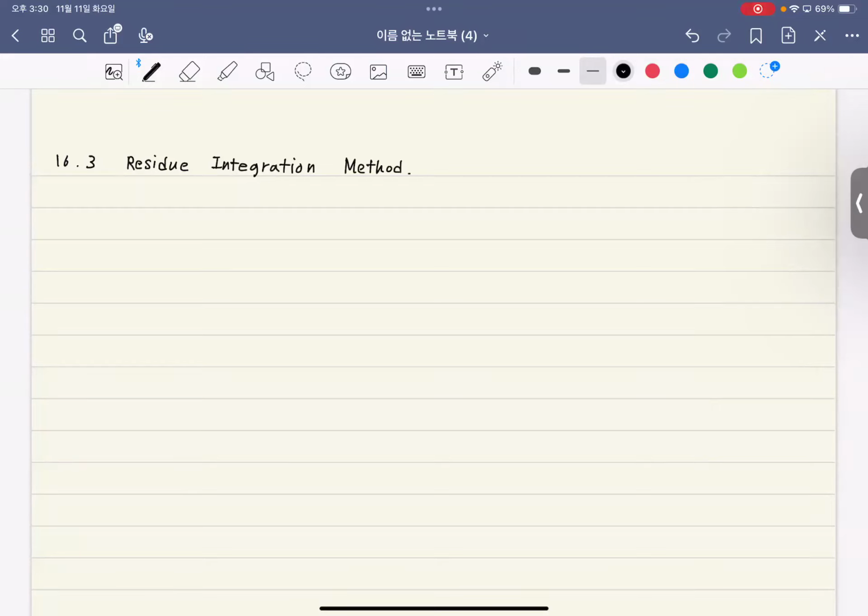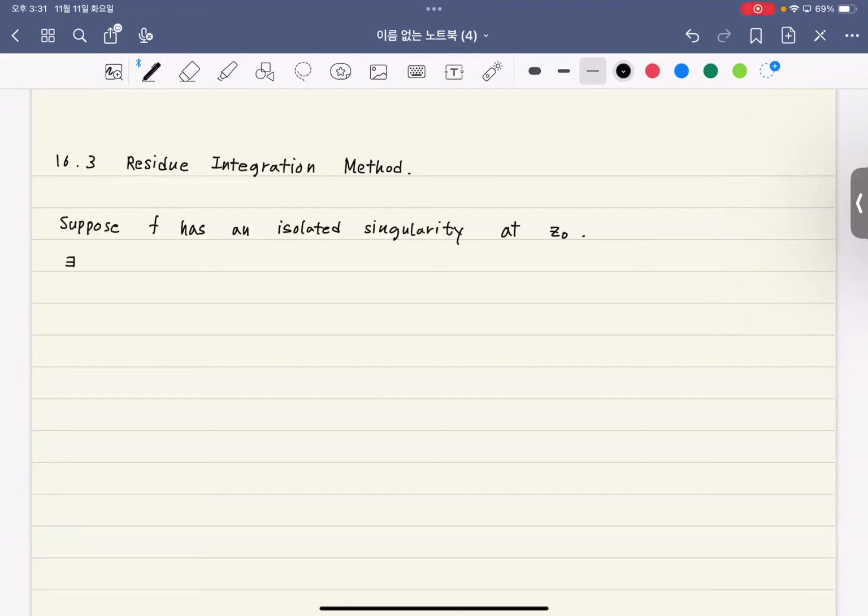Okay, so we have a function. Suppose that f is analytic, and suppose that f has an isolated singularity at point z0. Then